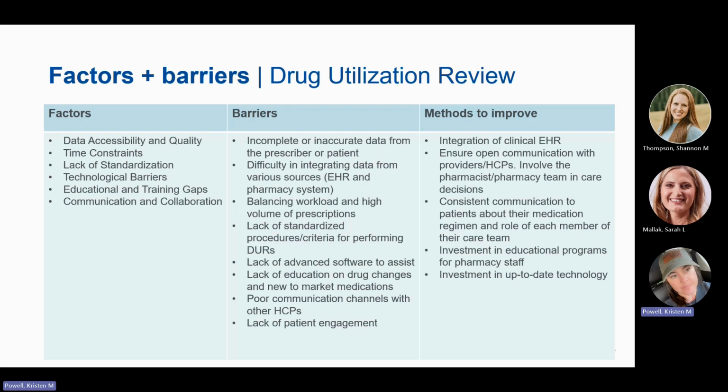Pharmacists may not receive adequate training in DUR methodologies or understand best practices, or have access or ability to engage in continuing education, which allows them to keep up with the latest developments in drug therapy and DUR techniques. And finally, effective DUR often requires collaboration with other healthcare professionals, which can be hindered by